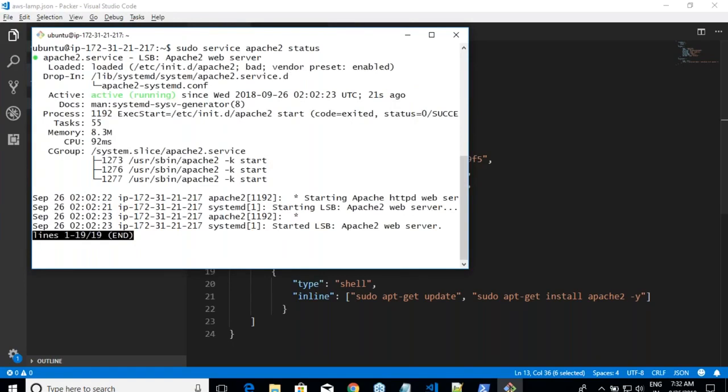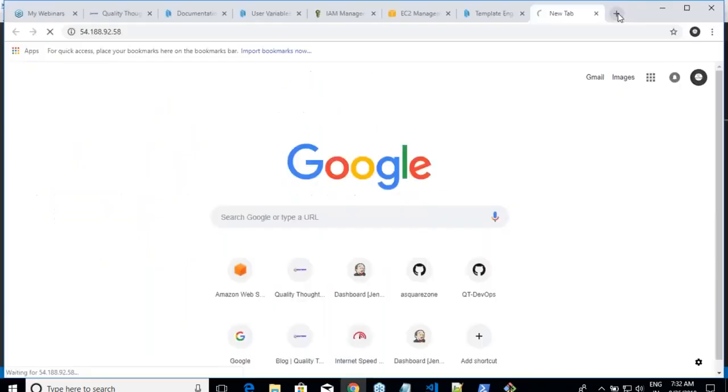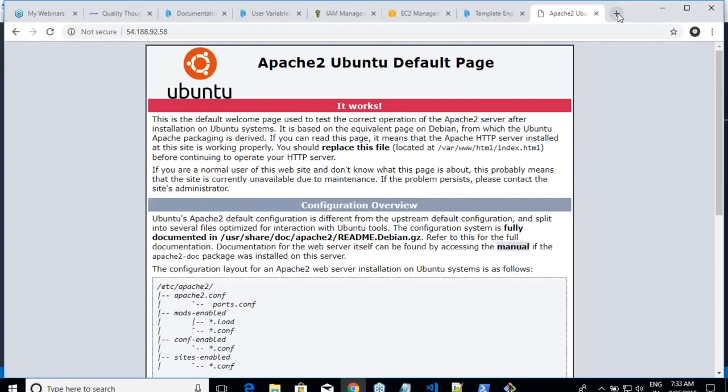Now, what is the IP address of this machine? I've just now copied it. Let me just use http://. So the image which you built now has Apache inbuilt in it, right? Your major use case of using Packer was to have your application's image over here, right? So let us do something towards it. You have to write better provisioning stuff, but with respect to Packer and you creating the AWS image, there is nothing left in it.